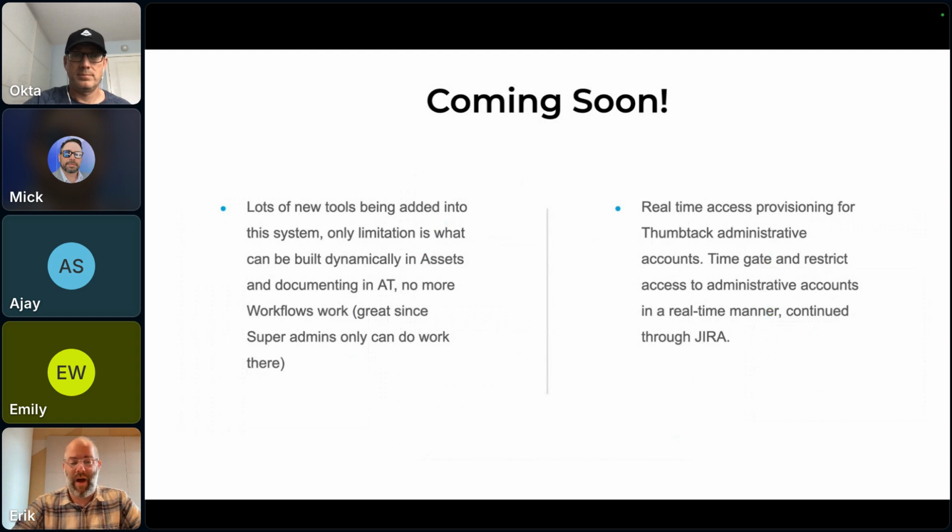I say no more workflows work, great, since only super admins can do it. But we are doing, again, as I said, a bit of a refresh on the back end there in workflows. So it is working well. We want to make it work better. We want to make it work more efficiently and more dynamically. So we are growing and building out those other pieces where we're dynamically creating the request types and the actions that happen after. And then the next step is really real-time provisioning for